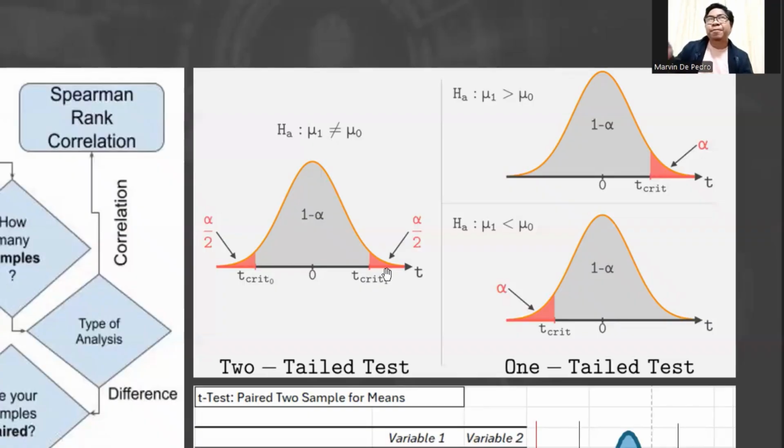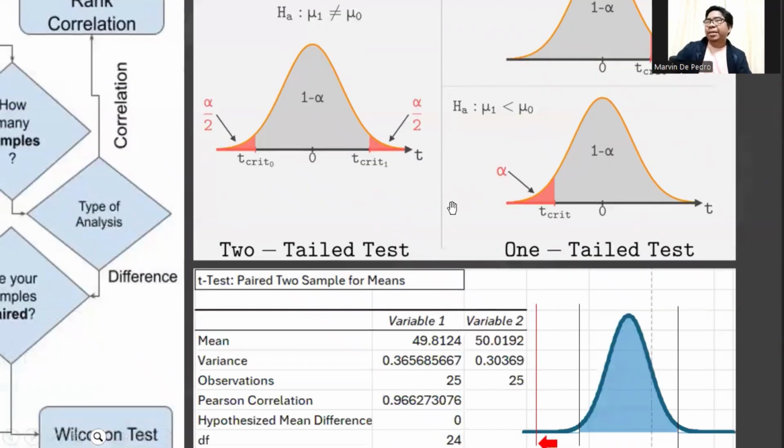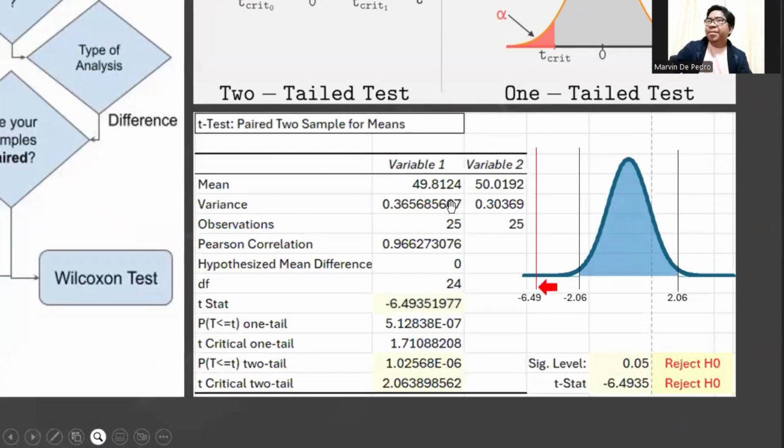Usually a one-tail test is used if the null hypothesis says something like less than or greater than, something that indicates inequality. So we have an example here.